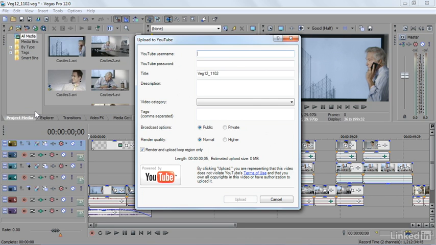You simply name your file, or you put in your own username and password, and you name your file, add a description, you select categories for it, you add tags, of course, to it, and you decide whether it's something you want to make available to the public or by invitation only. Of course, there's the option on here to render the loop region only if you've selected a loop region on your timeline. So this is a tool that's built right into the program so you can load your video directly